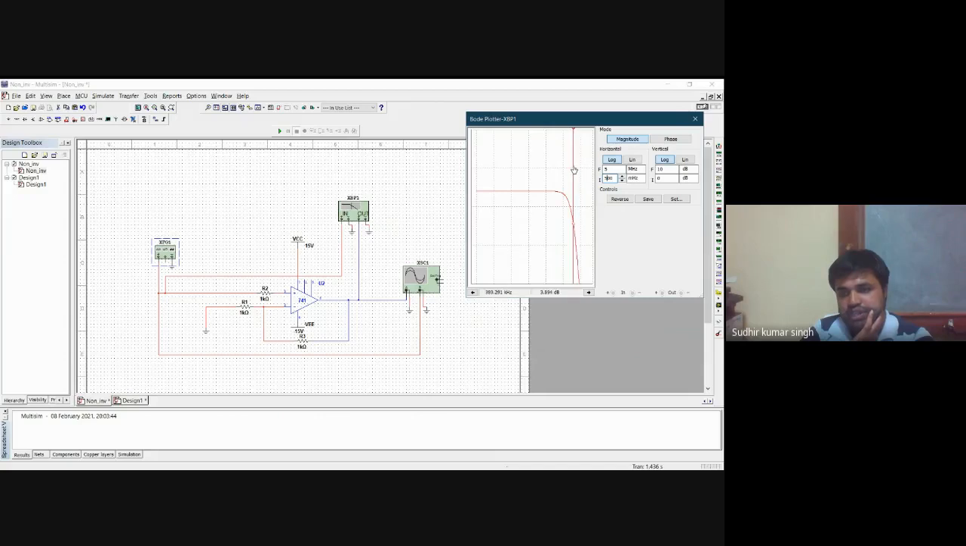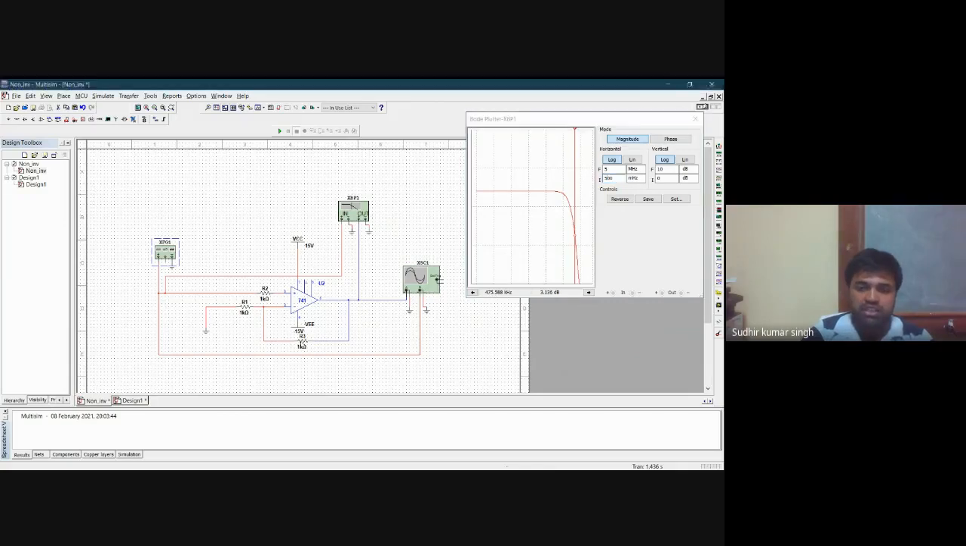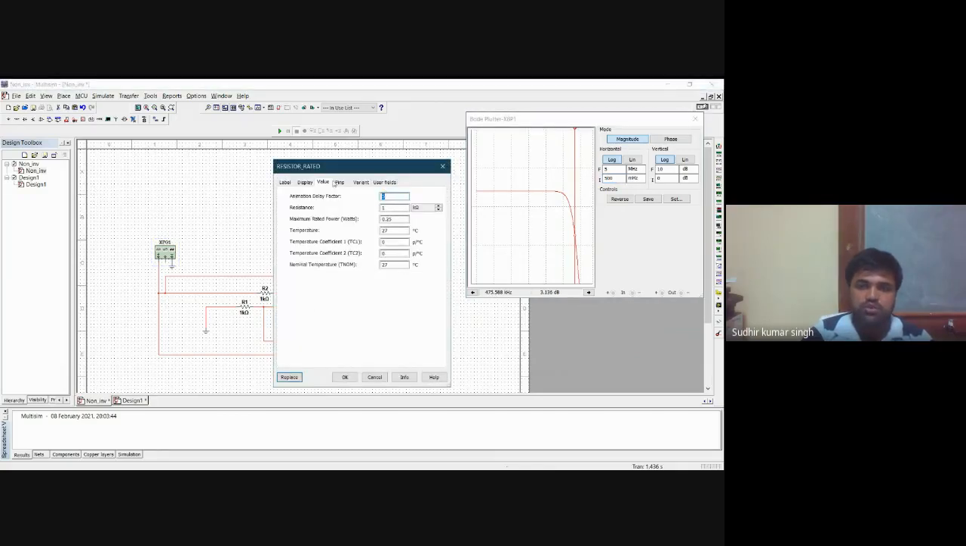So approximately 3.02. I can keep it here, and you can see this is my bandwidth when gain is 2. Now I will see what is happening if I change the resistance to 10k